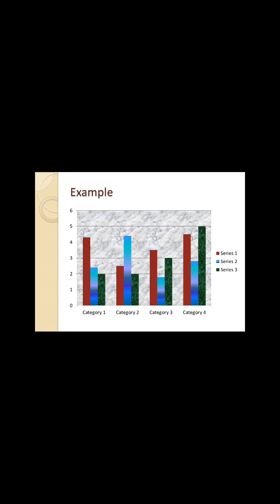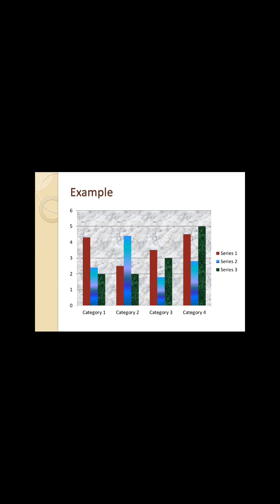See here what I have done. In the first I have simply filled a solid color. In the second I have filled with a gradient color. Second data series is filled with gradient color. In the third I have used the texture. Fine. To change the background, here you can see there is no background. I change that background. So to change the background, the procedure will remain the same. Here in background, just select the text